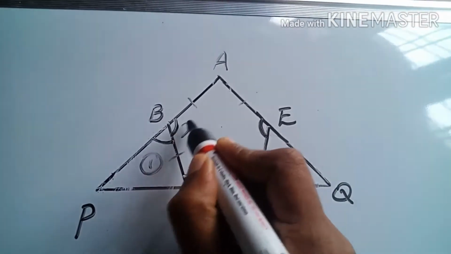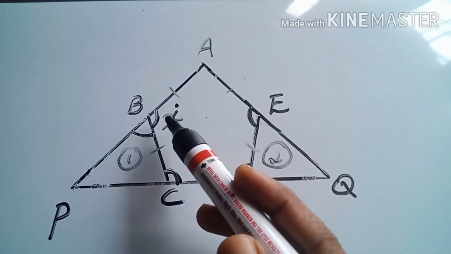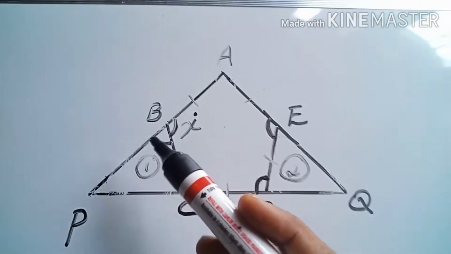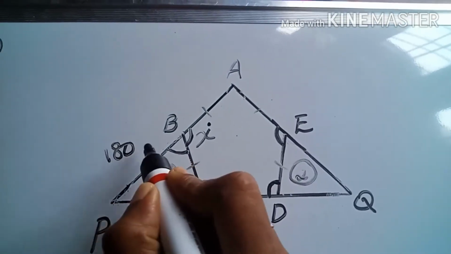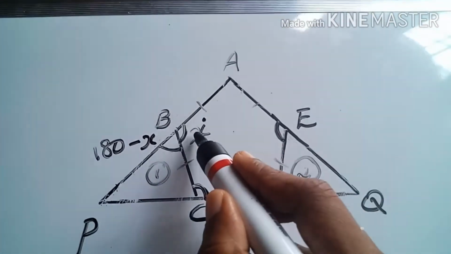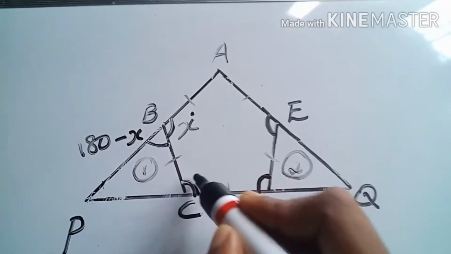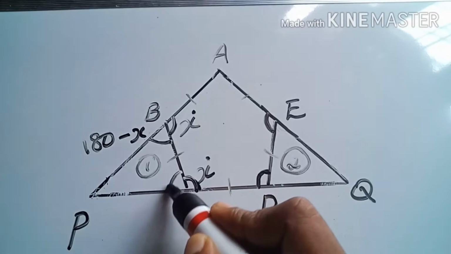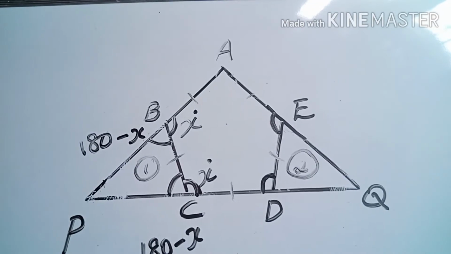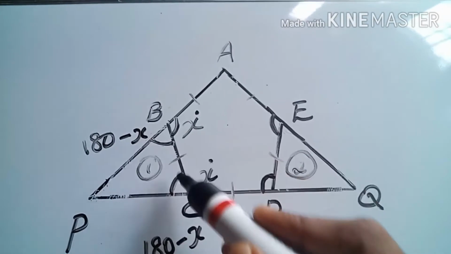Let's take that angle as x degree. Here we don't know what the angle is, so let's take it as x degree. So if angle B is x degree, here it will be 180 minus x degree. And here also all the angles are x degree, because that is already given in the question. So this is also x degree, which means this angle, that is also a linear pair, is 180 minus x degree. So these two are 180 minus x degree, and in between, the side is a line.